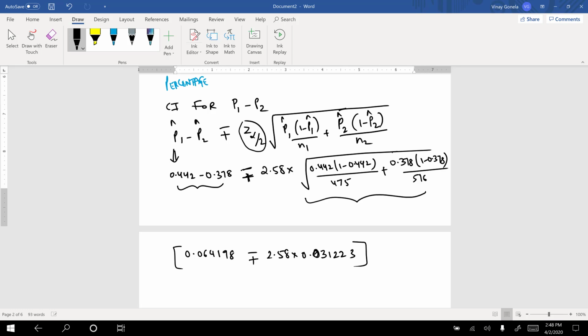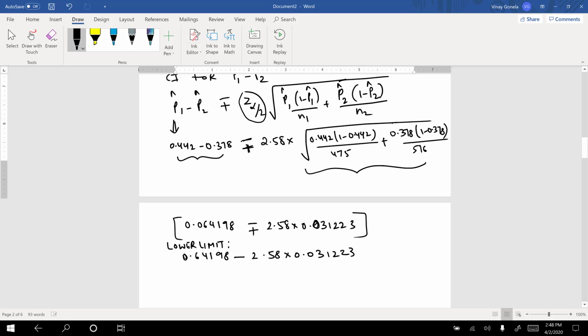So if I calculate 0.064198 minus 2.58 multiplied by 0.031223, this is the lower limit. This is going to give me negative 0.01636, and then the upper limit is